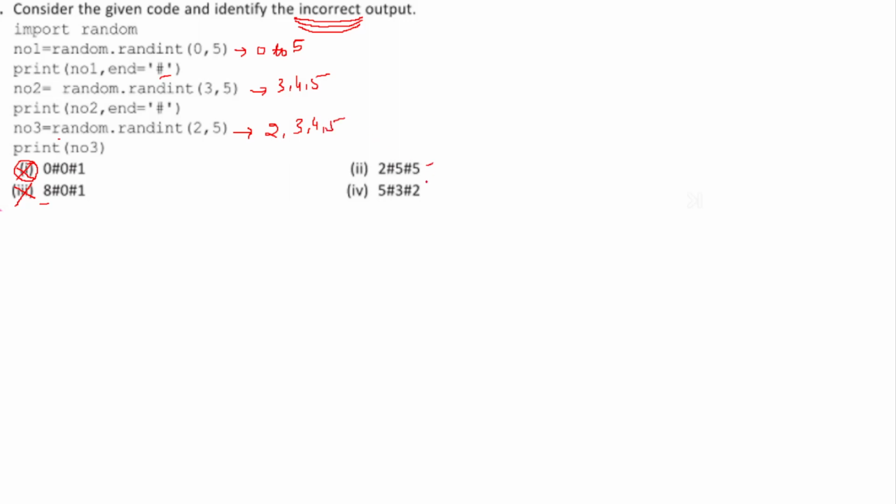So we find that 5 and 2 are there. These two are possible outcomes and these two are not possible. So when we get the options, we have to choose that option which is including these two.